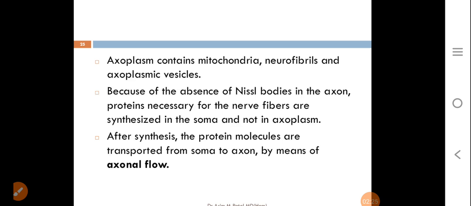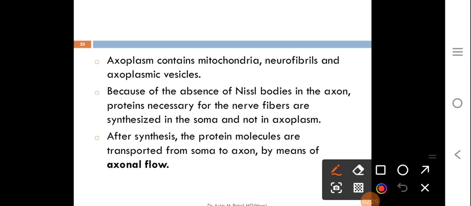Axoplasm contains three things: mitochondria, neurofibrils, and axoplasmic vesicles. Mitochondria provide energy. Neurofibrils are necessary during the regeneration of a nerve fiber when it is injured. And axoplasmic vesicles contain